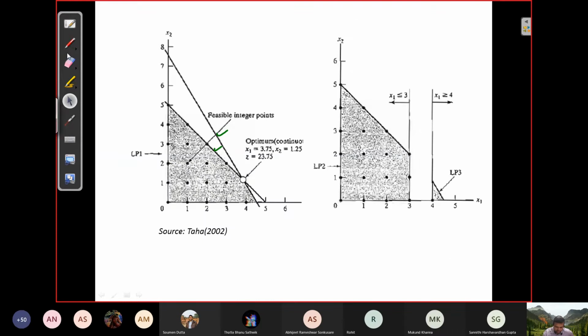Sir, are you on the first slide? Because we are seeing just a branch and bound, no LP2 or anything. Oh, you are not able to see the slide? I'm just able to see the first slide, branch and bound algorithm. I think something is problematic from his side. He can just leave the meeting and rejoin, it will get reset. Please rejoin. All the other people are able to see.